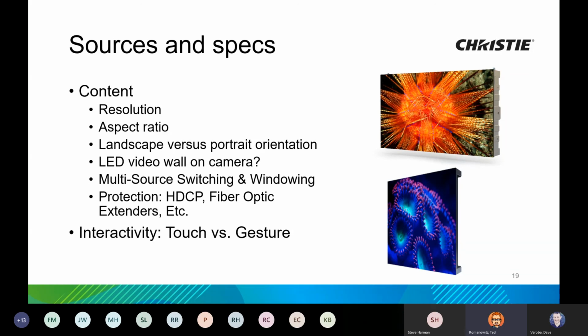Again, I mentioned multiple switching and windowing for control room and emergency response centers. And then with military and security applications, content protection is really important, as it is for entertainment customers. Their content is king, it's proprietary. So making sure that it's fully compliant with the HDCP content protection, as well as using integrated fiber optic technology to maintain the integrity of the signal from the source all the way to the individual LED. This is really important